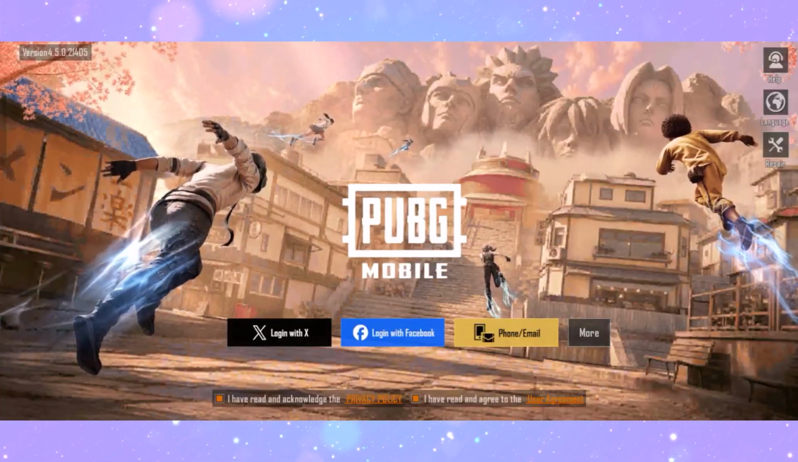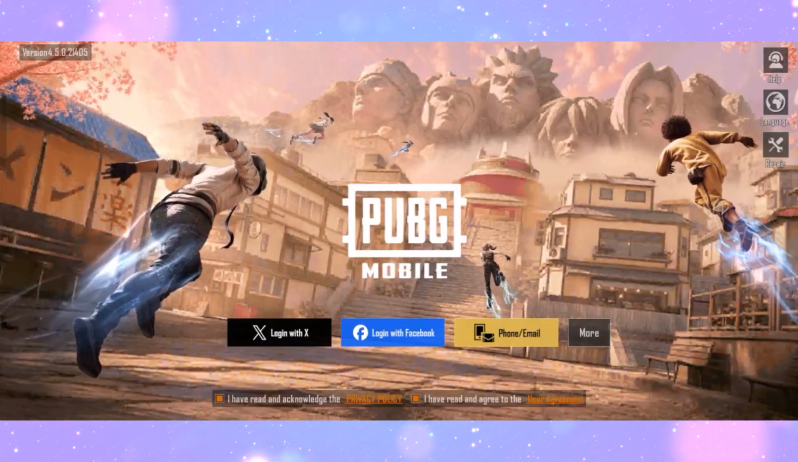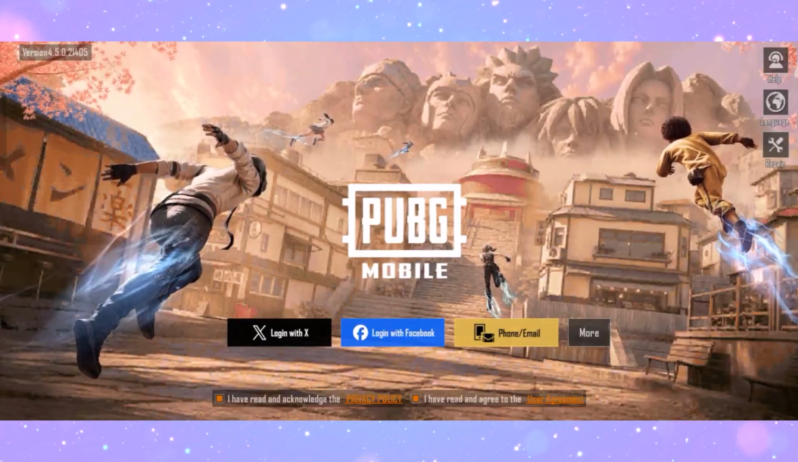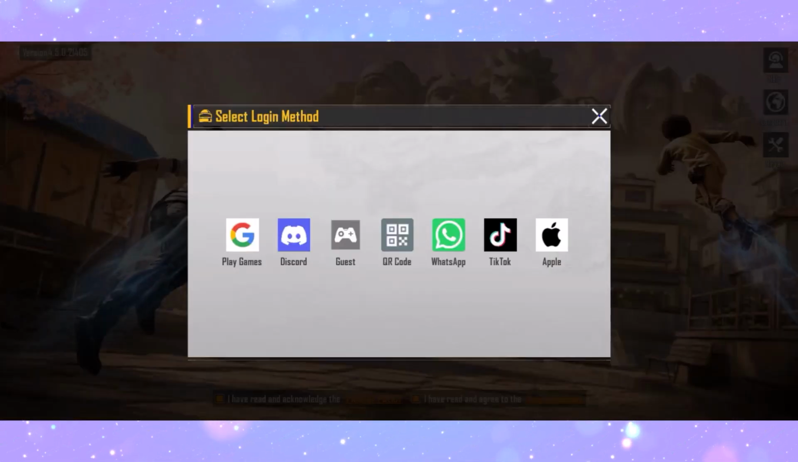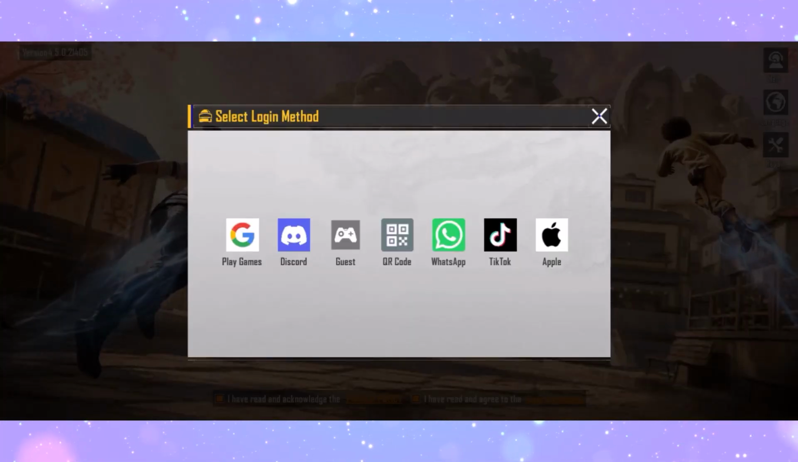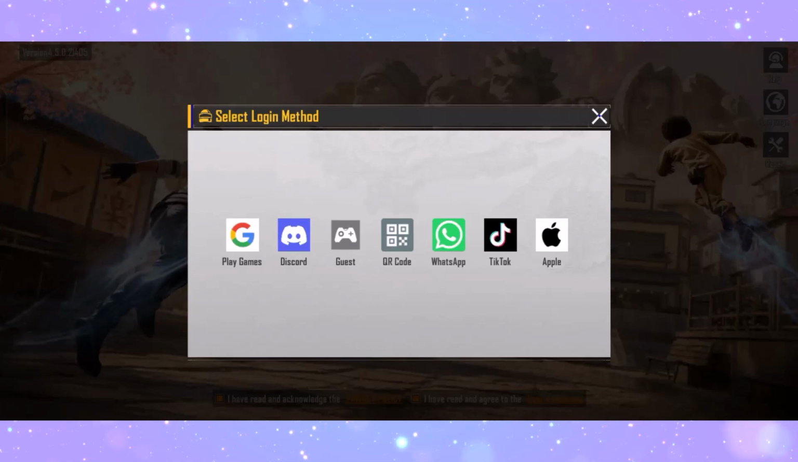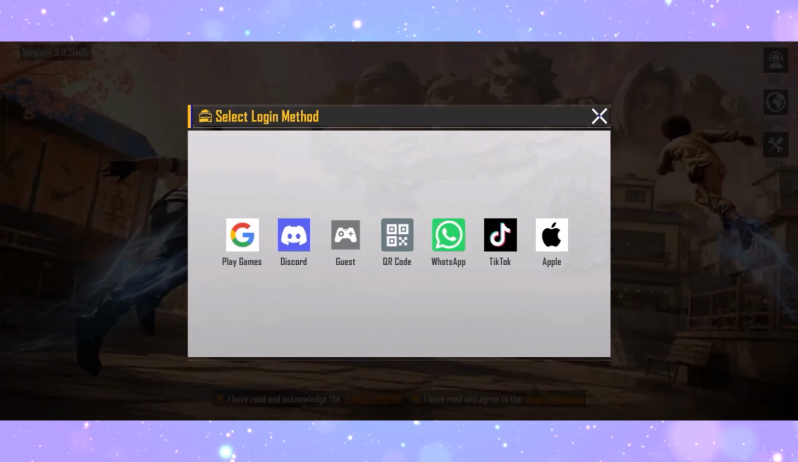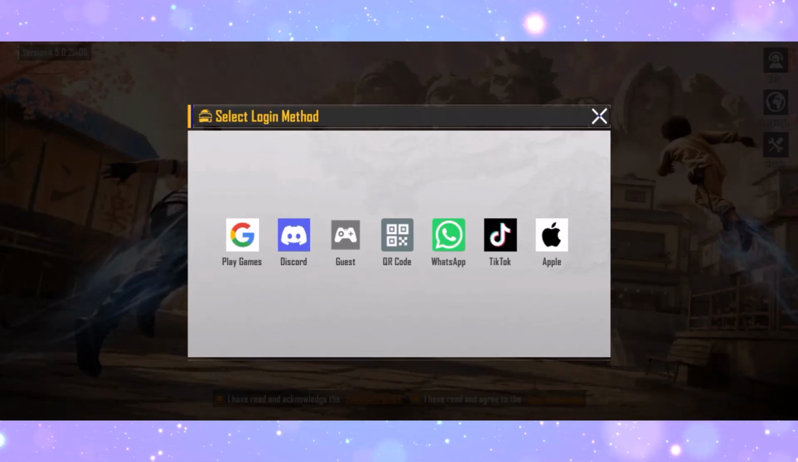You can log in with your X, which is your Twitter account, your Facebook account, your independent phone or email, or if you tap on more, you can log in with Google, Discord, QR code, WhatsApp, TikTok, and also your Apple ID. So if your account is linked with any of these, you can go ahead and then sync that,